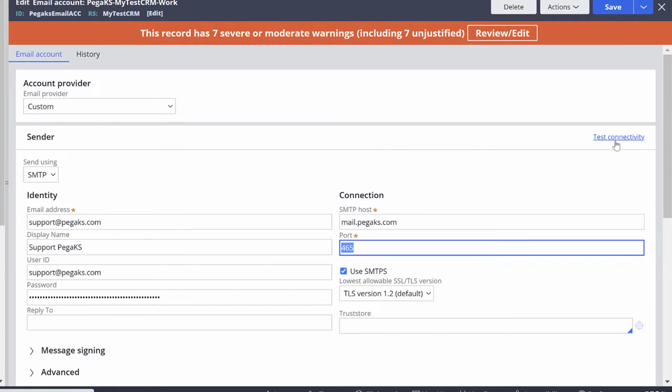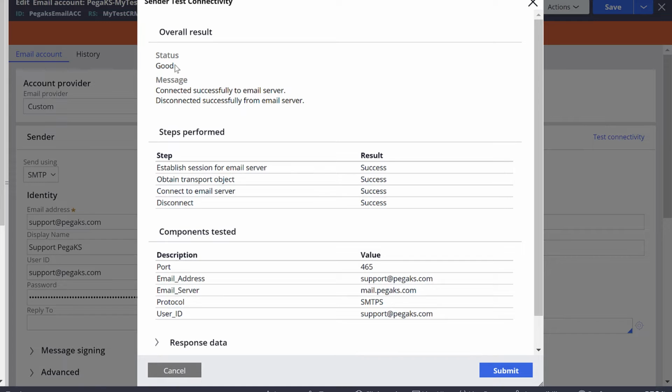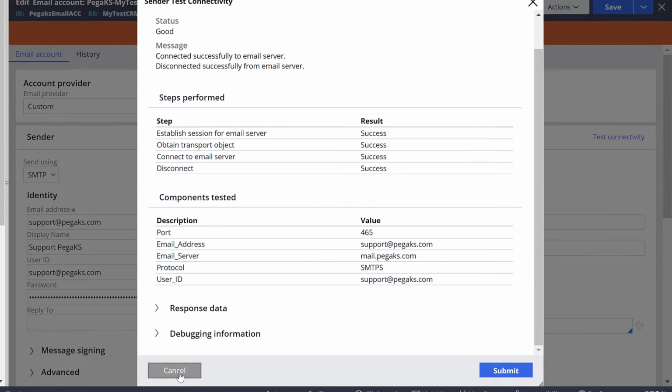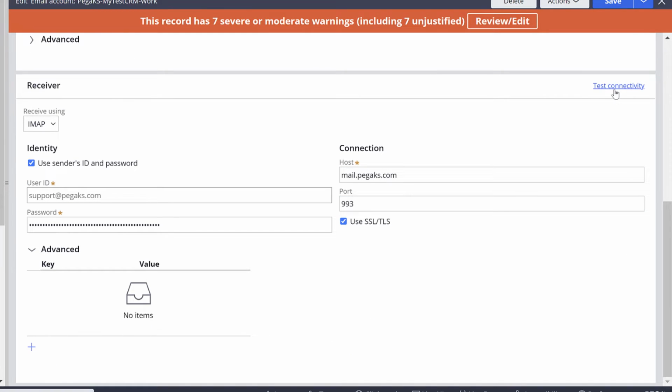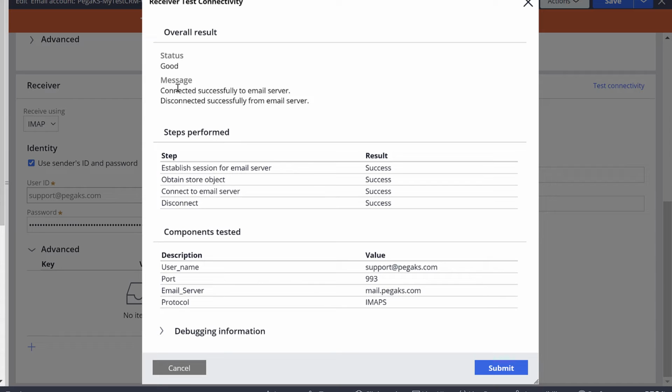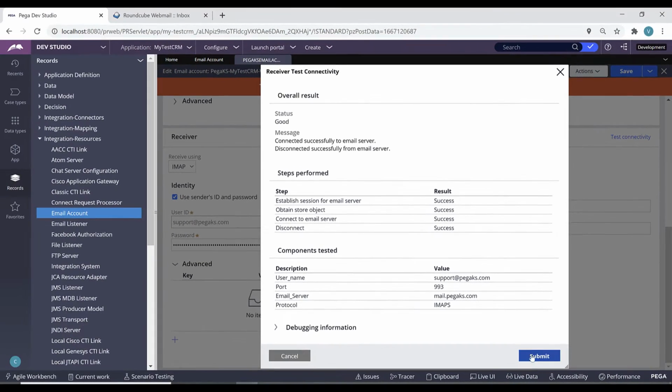And now you can click test connectivity. If you configured everything correctly, then your status will be good. In the same way, you can also do a test connectivity for your receiver details. See, the receiver is also good. So once you have successfully established the email account, proceed to step 2.